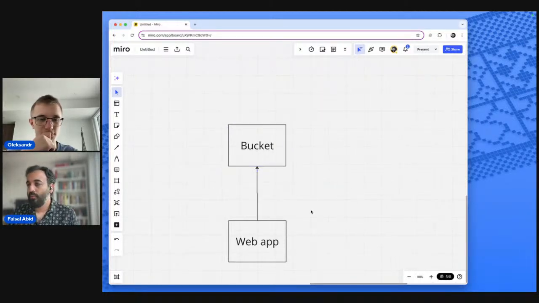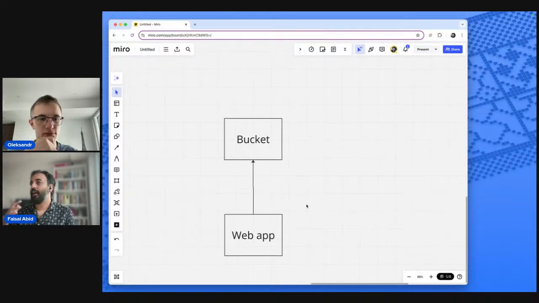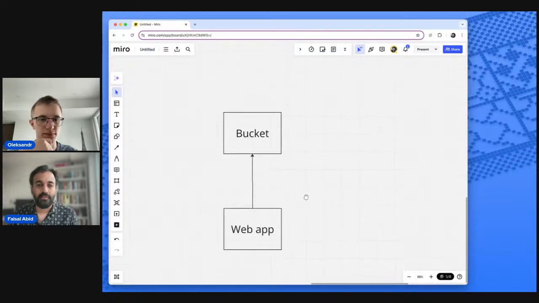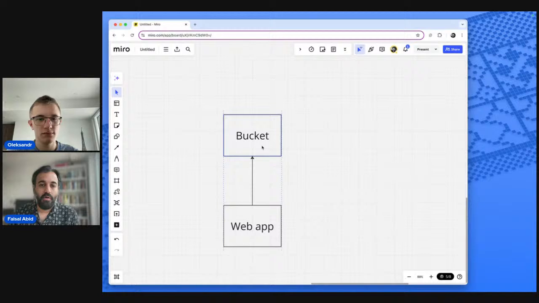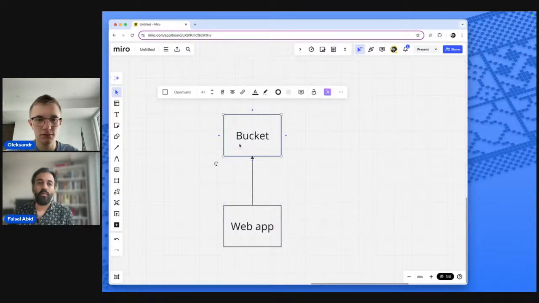And we're assuming we're on Google Cloud, but these principles apply to really any cloud. They're all the same. So here we have a bucket. Now, what's a bucket? A bucket basically is where you can store files. It's unstructured. You have to create the files and the folders yourself. Imagine a hard drive living in the cloud.